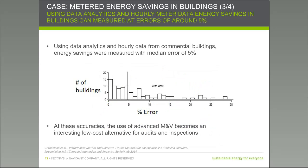And that's shown in this graph. Out of about 100 buildings, the errors were listed, the errors that came from using the advanced MMV compared to what was actually used or saved in the buildings. And one can see that they were able to reach a median error level of about 5%, which is